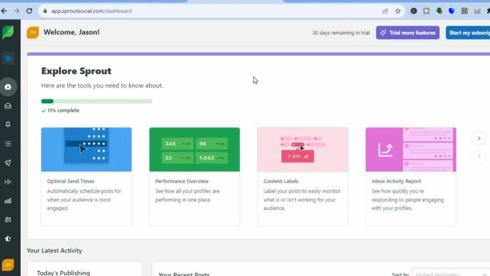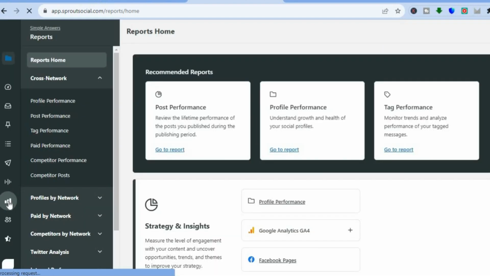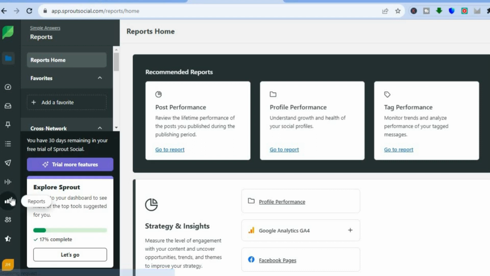Another thing that you can also do is by going over to the left hand menu option. Another feature that I really like with them is you will be able to track your competition. And this is one of the standout features when it comes onto Sprout Social compared to similar platforms. So all you'll need to do is go over to the left hand menu option and right where you see the bar icon right here, you're going to tap right there. After you have tapped on the bar icon, you will be redirected to a new dashboard, which is the reports dashboard. On the reports dashboard, all I want you to do now is you're going to scroll down so you can